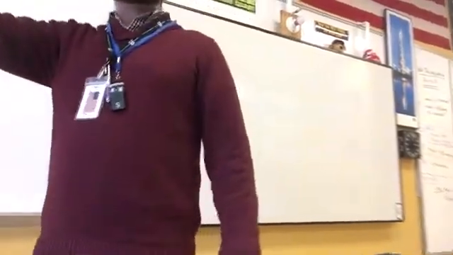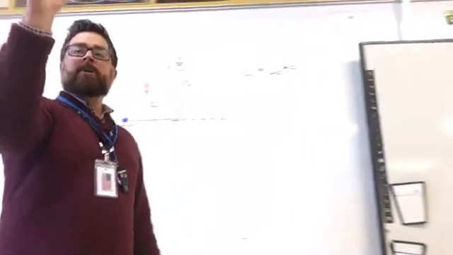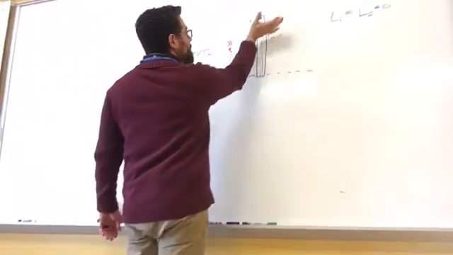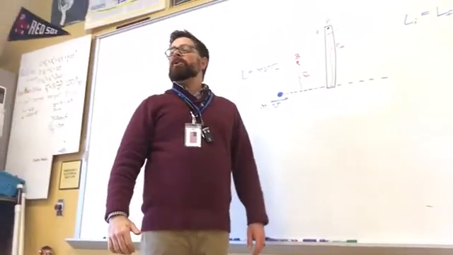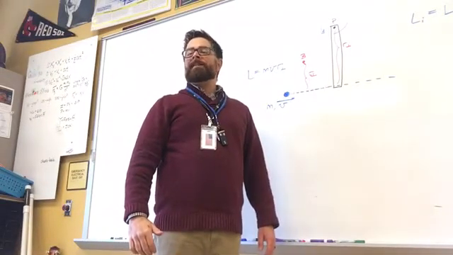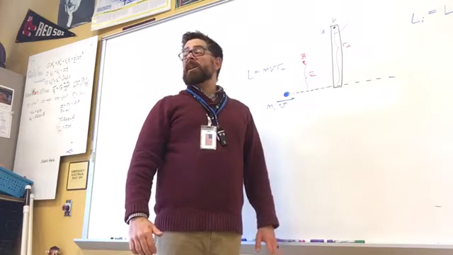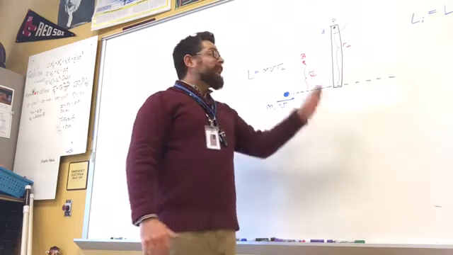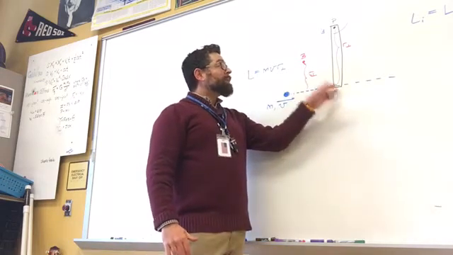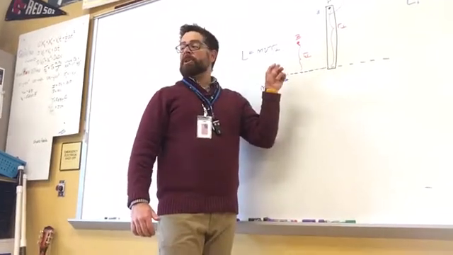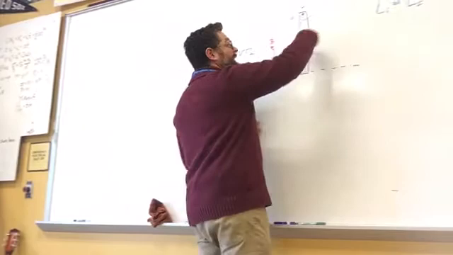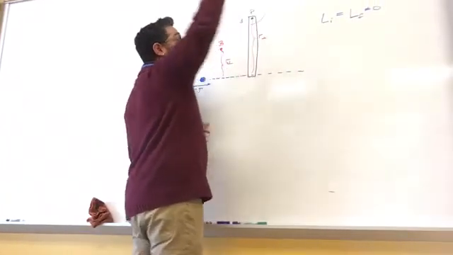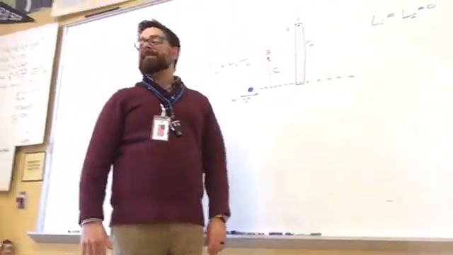And if you take the fingers of your right hand and wrap them around the axis of rotation in the direction of motion, your thumb will point in the associated vector direction. So right now, you guys are looking at this and saying, well, that's a counterclockwise vector direction. But there's another way of describing this. We could say that the vector direction of this angular velocity is in the positive z-axis coming out of the